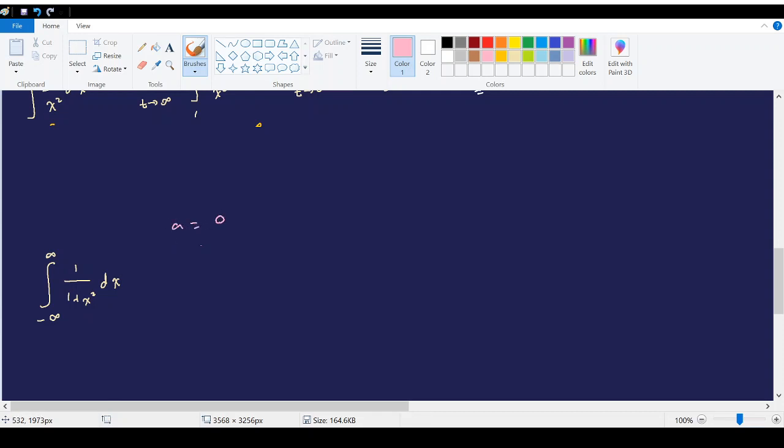We'll start with 0, but it's not a must. So what we can do is, instead of writing the equation at the very beginning, writing this as 0 to infinity plus negative infinity to 0,